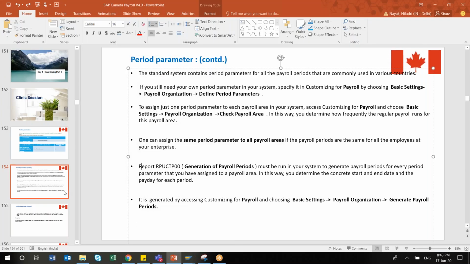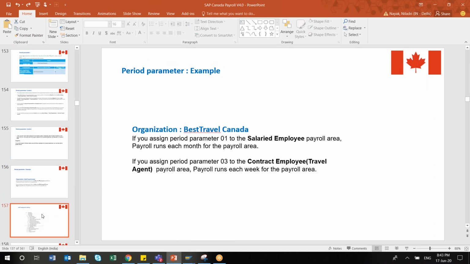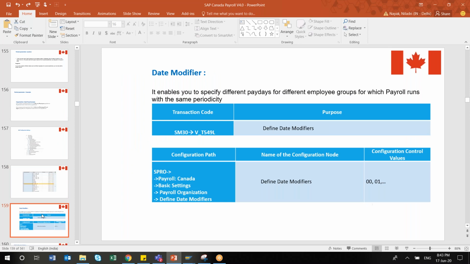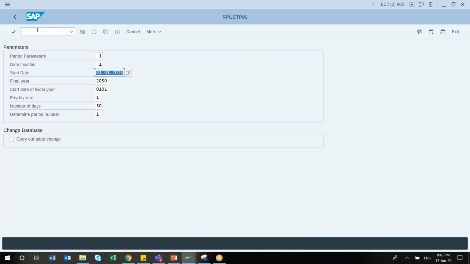The next one, I've already covered this, like how to define a period parameter, check payroll, all these things. Similarly, as I was mentioning, from SM30 you can also access this, whatever I've shown you in the transaction.